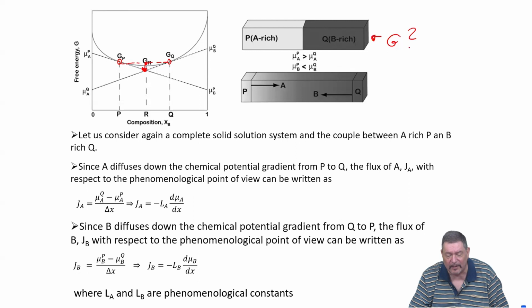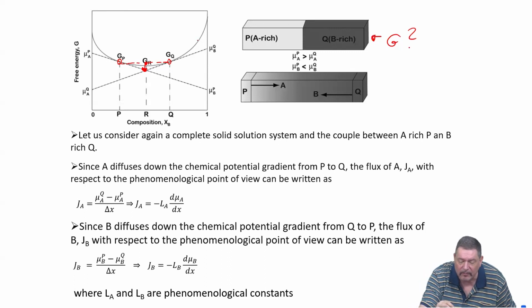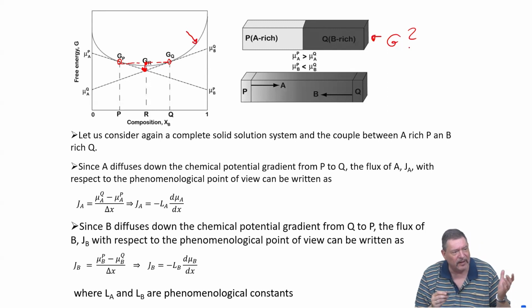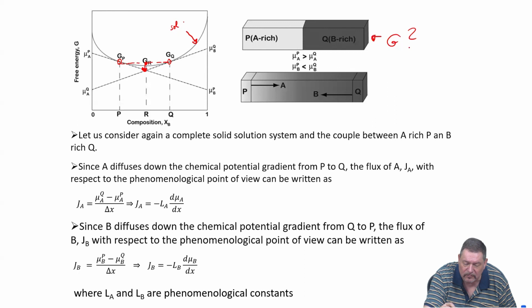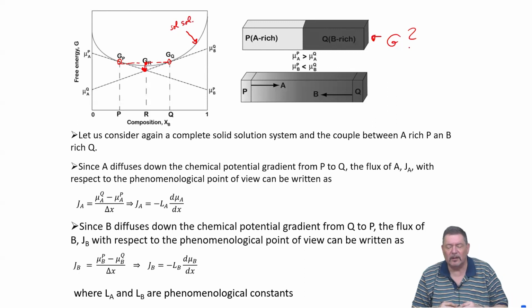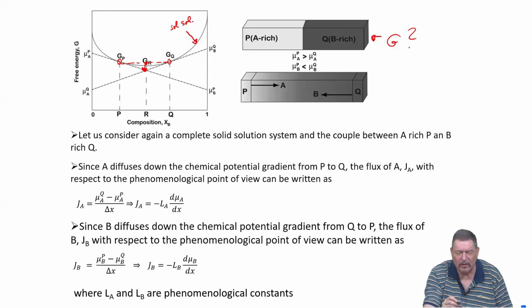Now, here, when we consider this, we see that this solid curve is a continuous curve, right? So it means this is something like a complete solid solution phase going from A to B. And obviously what I just described by Fick's law, going down the concentration gradient, is actually happening here, right? So we go from positions which are higher in concentration to positions which are lower in concentration.